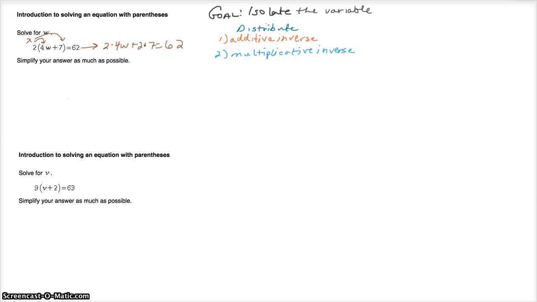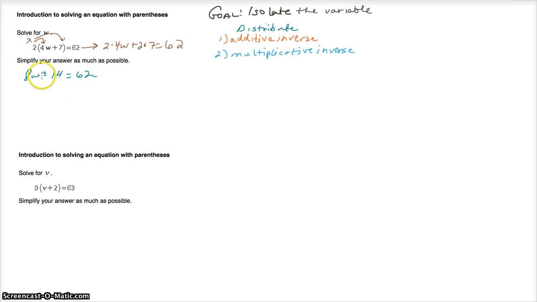So now we can go simplify it. 2 times 4w gives us 8w plus 2 times 7 gives us 14. And that's going to still be equal to 62. Now that we have a normal two-step equation, which is our goal, to get back to our two-step equation,